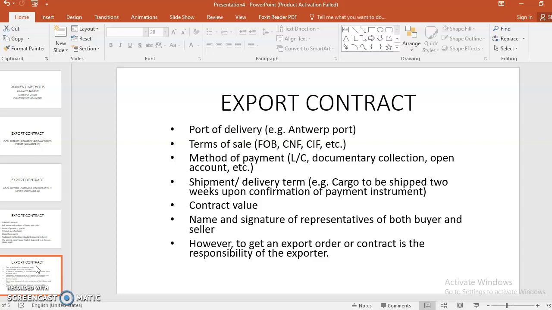He signs, you sign over here, you send it to him. He signs it and sends it back to you. Sometimes, if the deal is very good and you are trustworthy, they will come to your office here in Nigeria. You both sign and all that. So the export contract usually will be prepared by you, the exporter, and sent to the importer, because he will not be the one going around trying to get you an export contract. He will just maybe talk to his own bank to issue a letter of credit, which is what